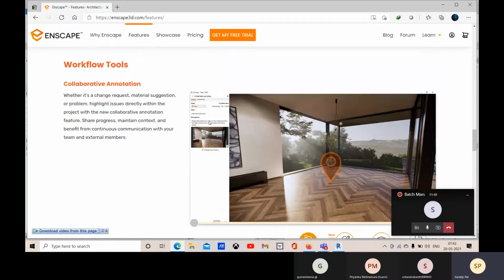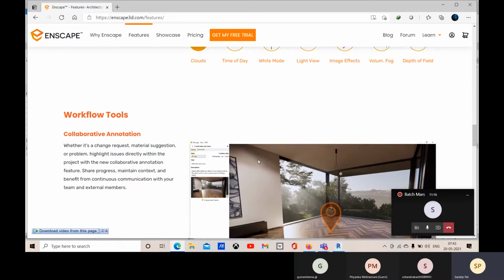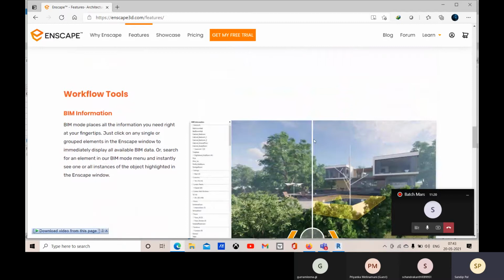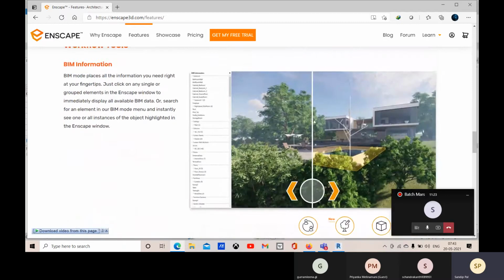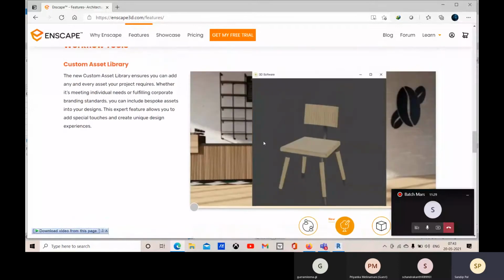And also we can collaborate with some information, so that is also available like this BIM info. You can have all this information about all the components. And we have this custom assets option. This is the new option which is available in the latest version.